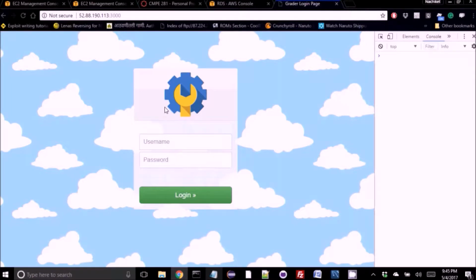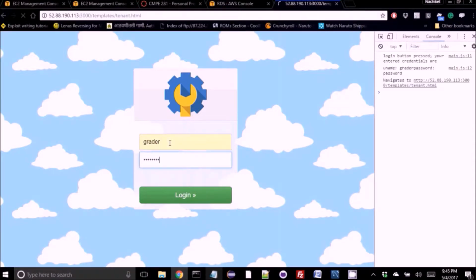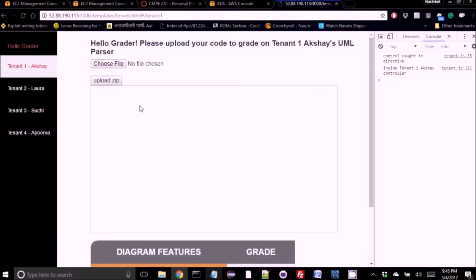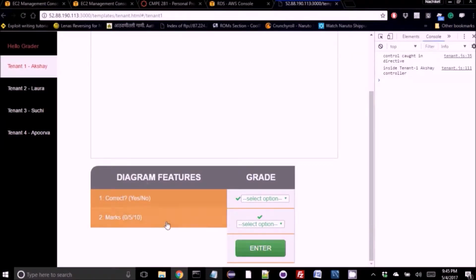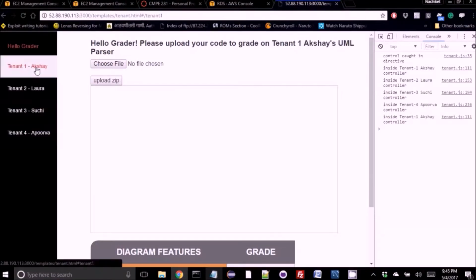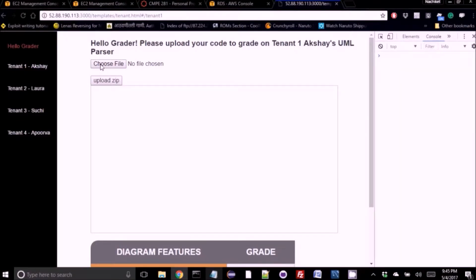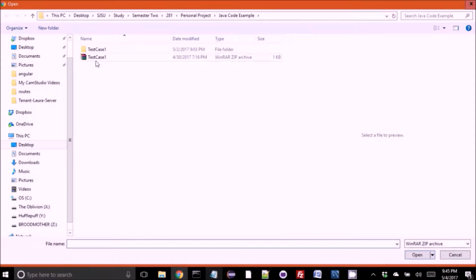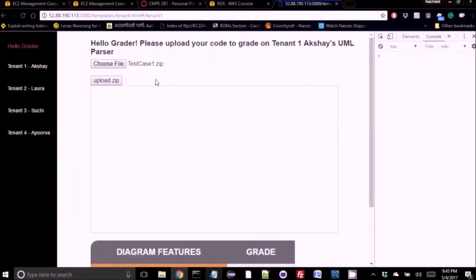So this is a simple login page that I have provided for a grader. When you log in, you will land on this simple dashboard in which you will get to see the four tenants. When you click on each tenant, you will get to see the different criteria in which you can grade and everything. So let us try and test Akshay's module. I will upload this test1.zip and upload this zip,